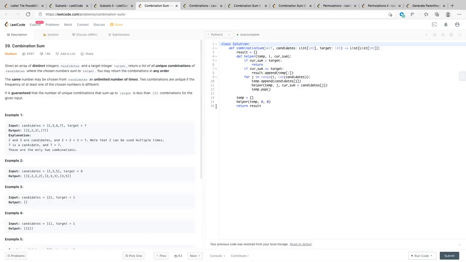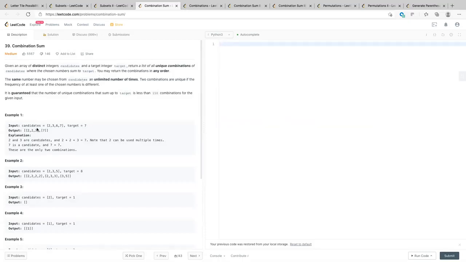Now you have one more, combination sum. You're given some candidates 2, 3, 6, 7, target 7, and you have to return all the arrays, and that array should have candidates that sum to the target, and you can repeat a number. Is this question clear? Combination sum. So this also falls into that category, right? 2, 3, 5, you have to generate 2, 2, 2, 2, 3, 3, 3, 5, 8, right?